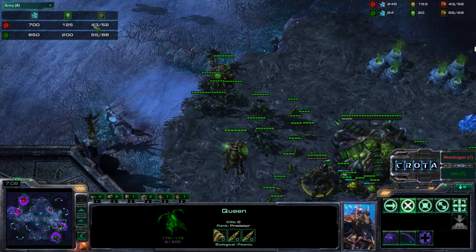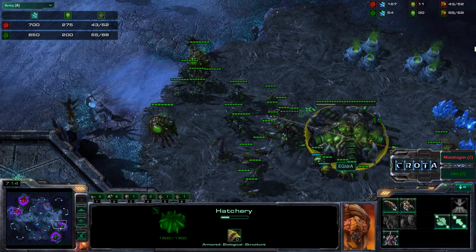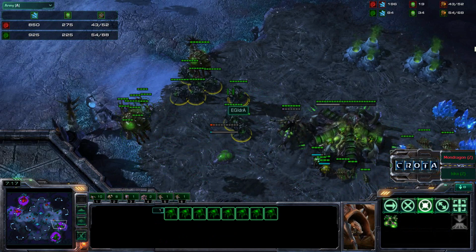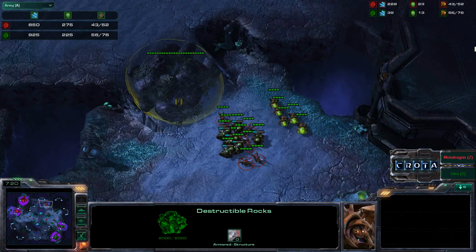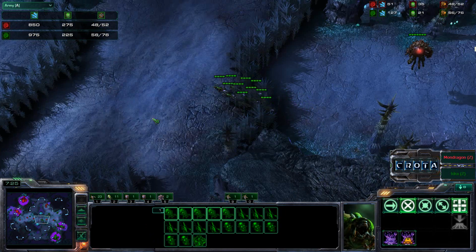55 total food count versus 43. That makes a lot of sense since Idra is currently training up more and more higher food units. Meanwhile, back over here, it looks like more banelings are still being morphed and hatched, and now Zerglings are making